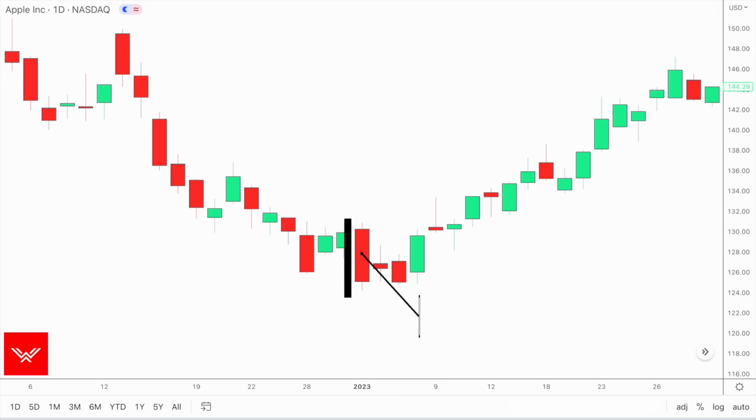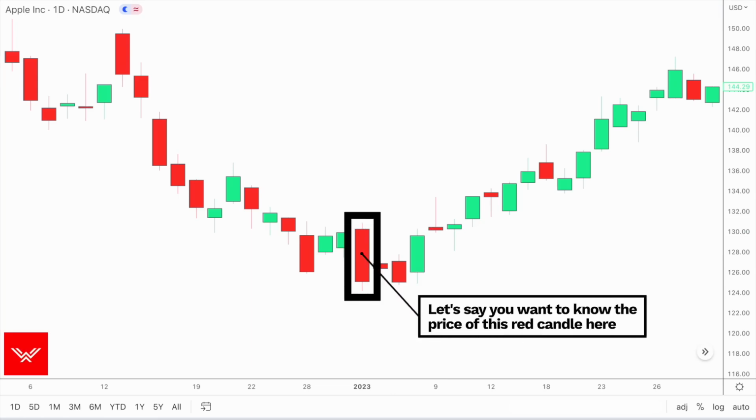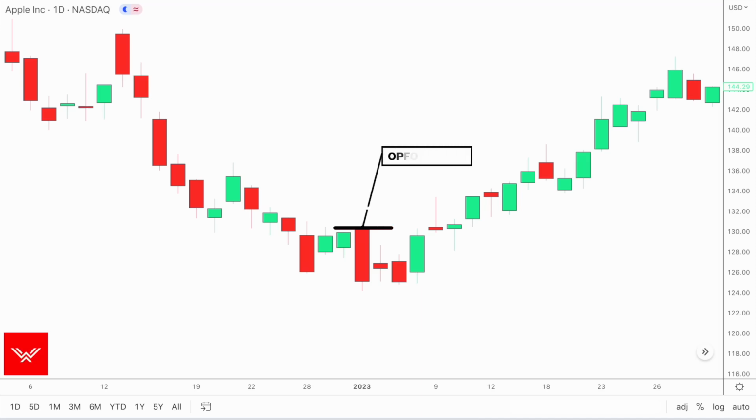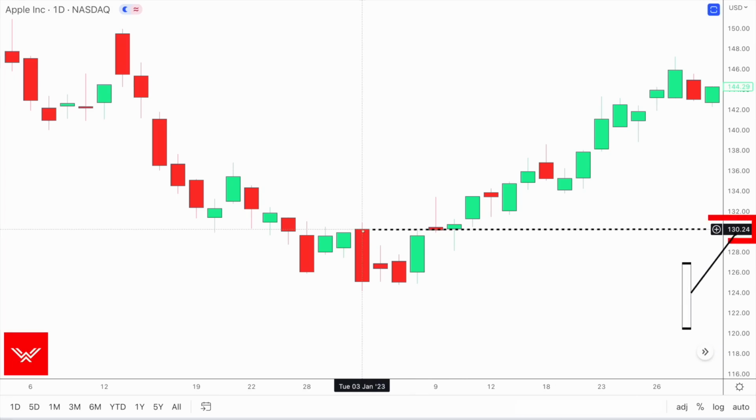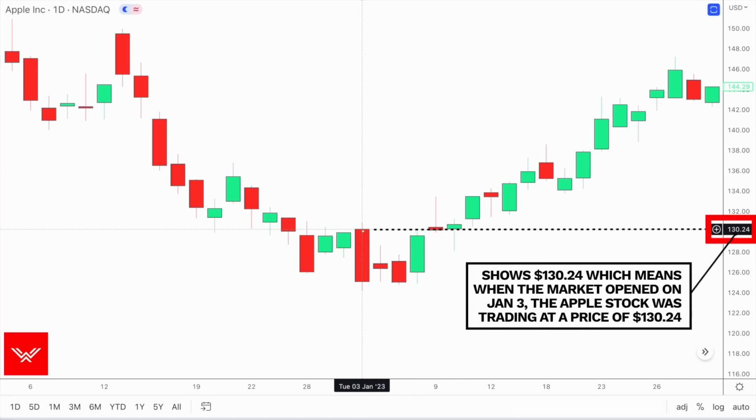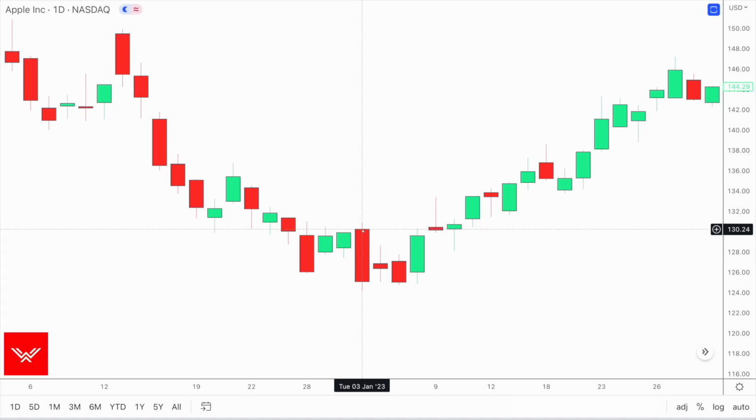So let's say you want to know the price of this red candle here. Remember, red candlesticks open above at the top of the rectangle here and close below at the bottom of the rectangle here. For the opening price of January 3rd, place your mouse at the top of the rectangle and it shows $130.24. For the closing price of January 3rd, place your mouse at the bottom of the rectangle and it shows